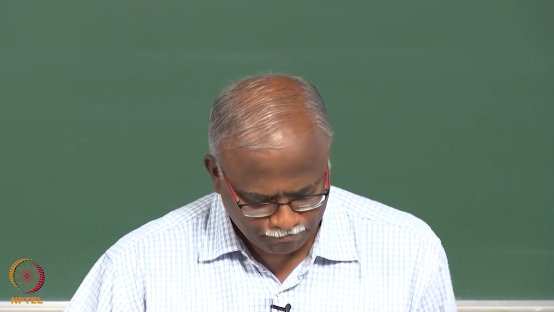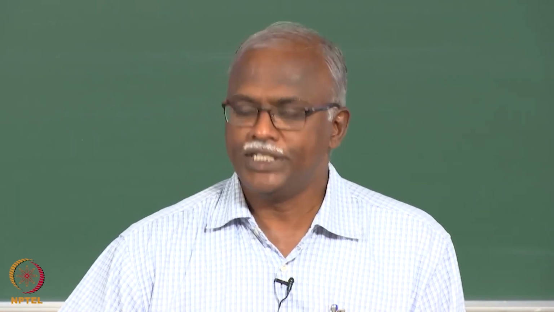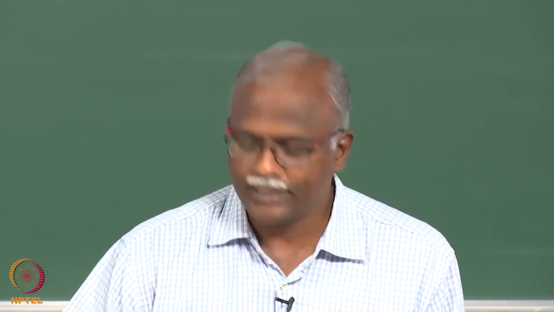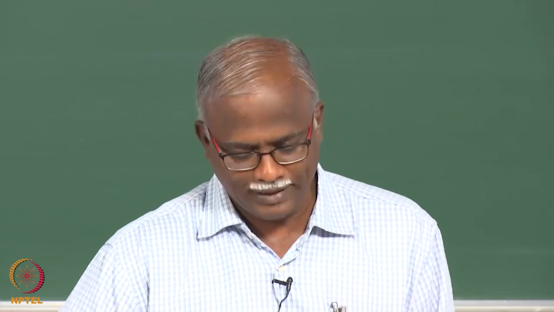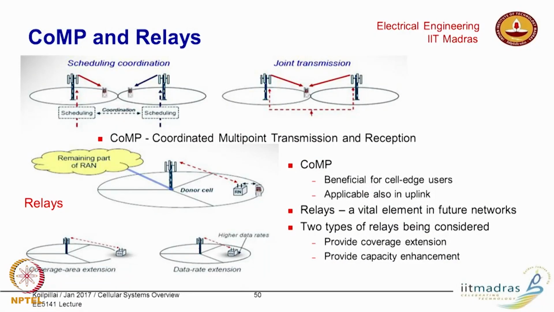Some more elements of the 4th generation systems, very important, and just make a note of it, because if you're reading current literature, you will find that these are referred to. One is called coordinated multi-point transmission, CoMP. CO stands for coordinated, MP multi-point transmission, and what it means is that we now have a large number of small cells,